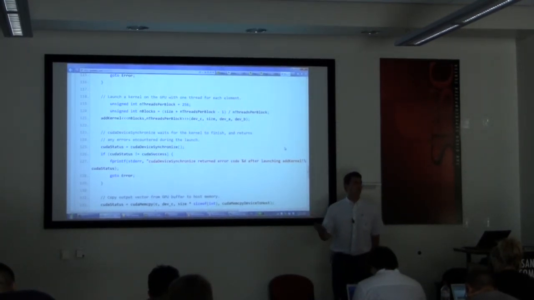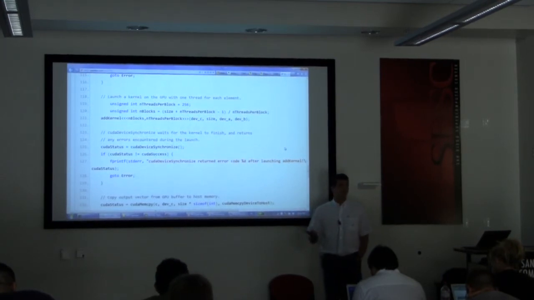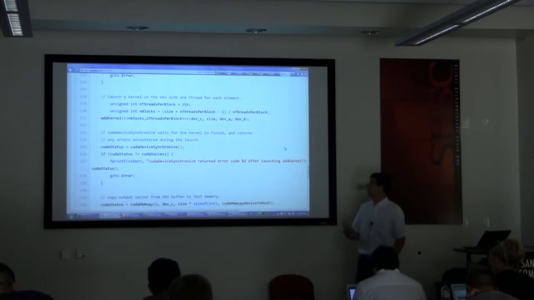But as long as you stick with reasonable numbers, it will not be a problem. And again, there is the occupancy calculator to help you pick these values if you want to. So we just picked 256 threads per block in this case. Okay, so then